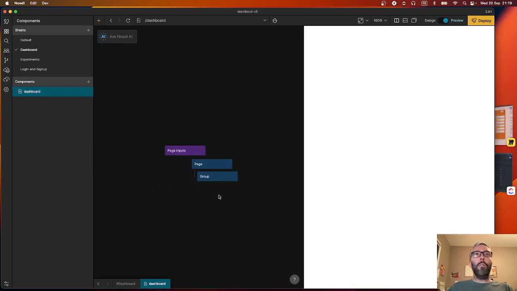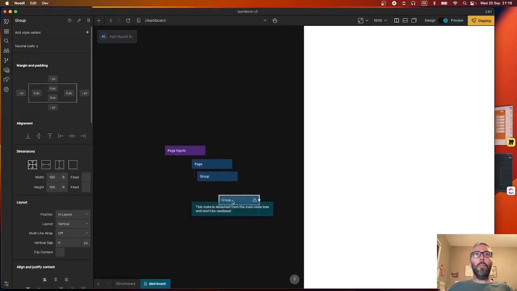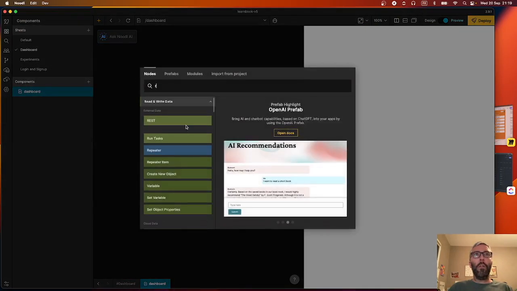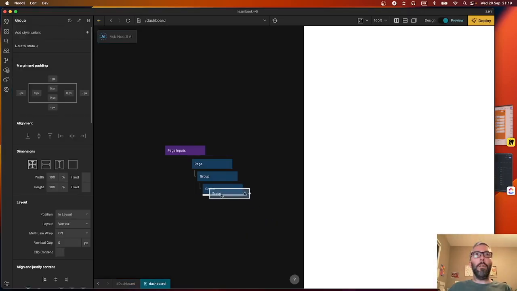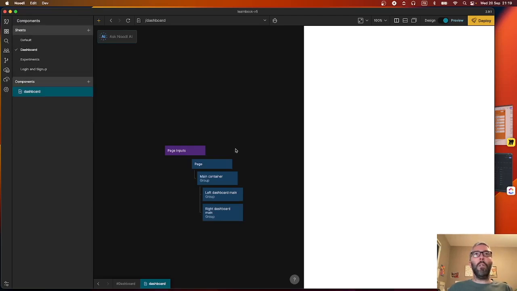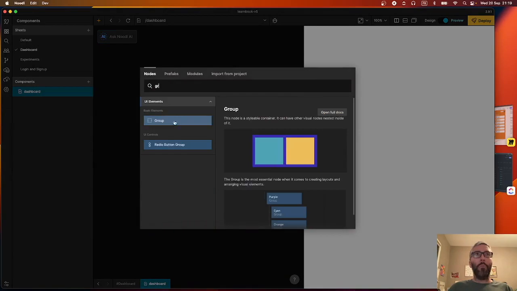And yeah, next bit is going to be, so there are two subgroups in there. So let's start naming these guys. So this is the main container. This is the left dashboard main. This is the right dashboard main. And then within left dashboard main, there was